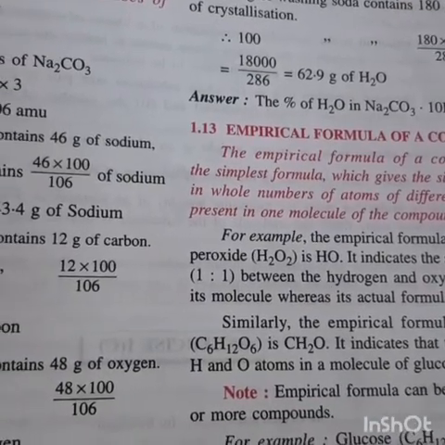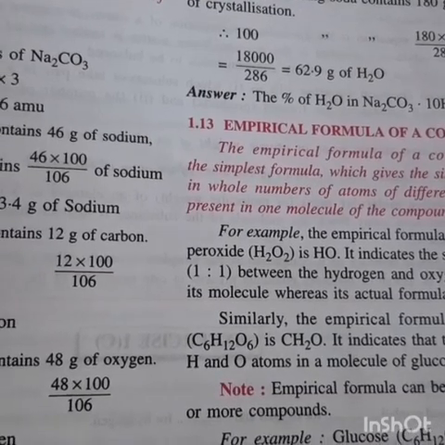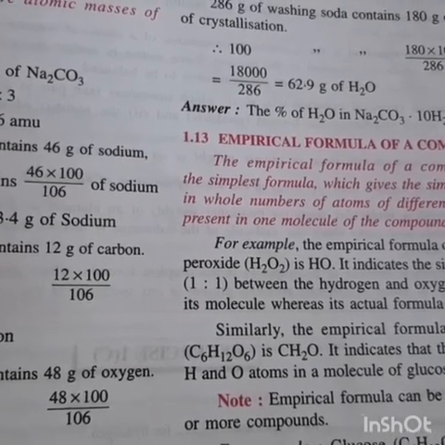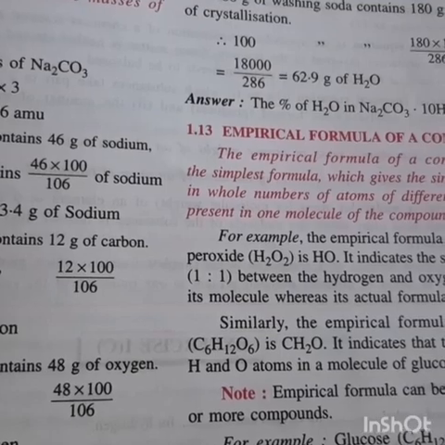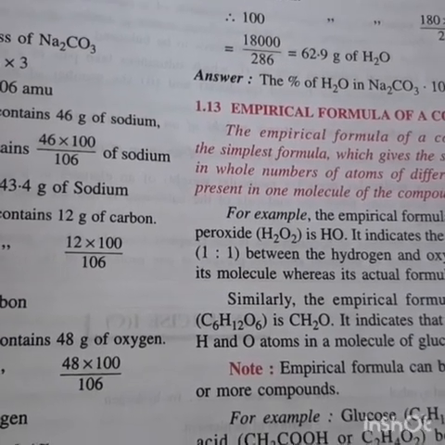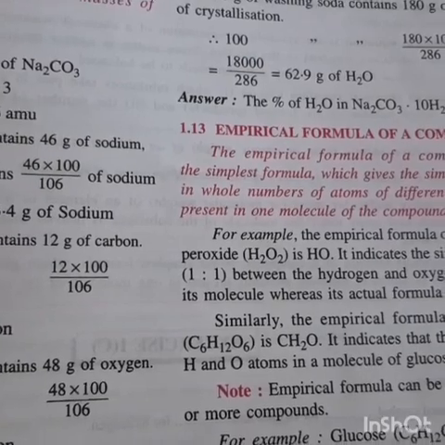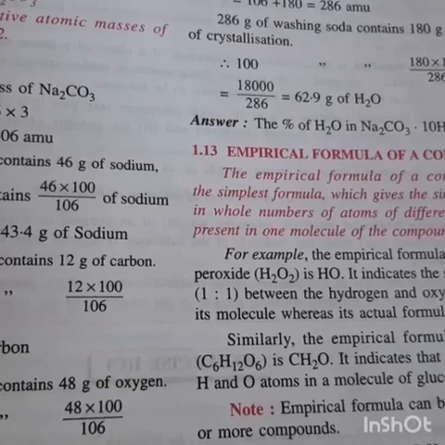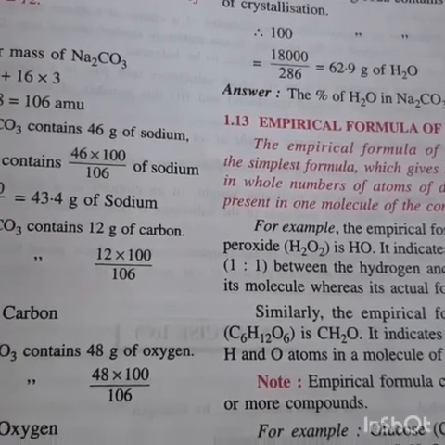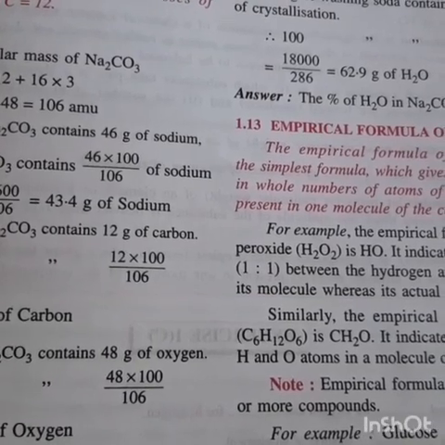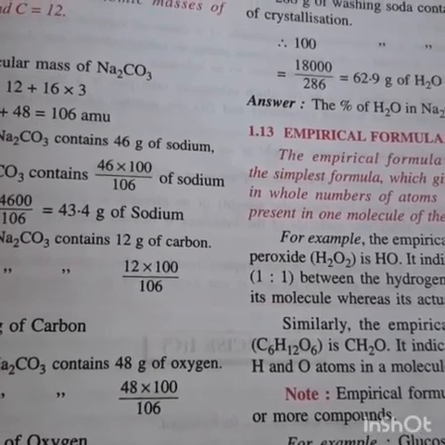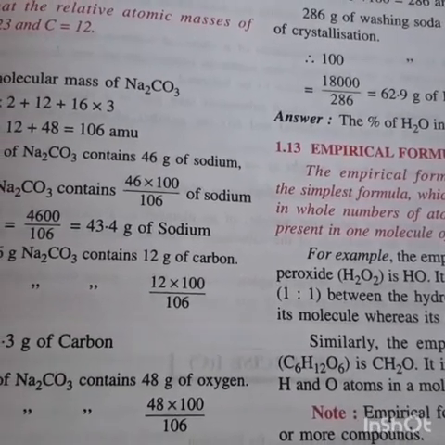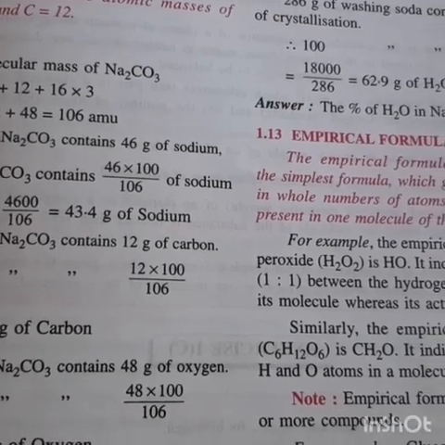Now the next topic which is coming up is the empirical formula of a compound. We know the molecular formula of a compound. We say H2SO4, H2O2, hydrogen peroxide, or sodium sulfate. These all are molecular formulas. Then what is the empirical formula of a compound? If I divide a formula by some common number, the smallest ratio or the simplest ratio in whole numbers which I obtain, the ratio of all the elements together in smallest form, that we call the empirical formula.